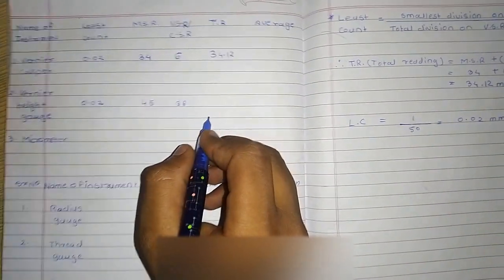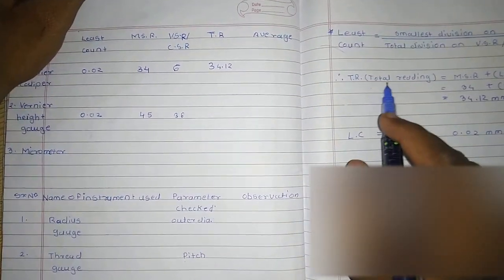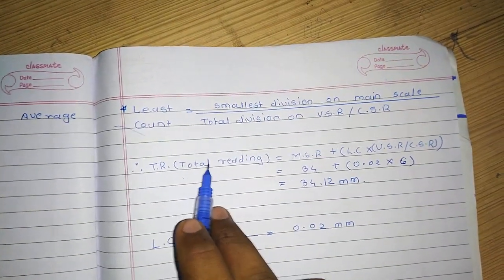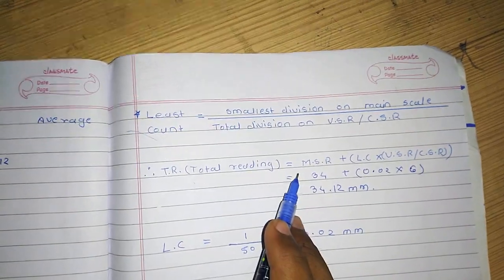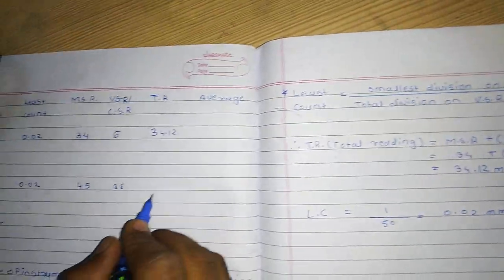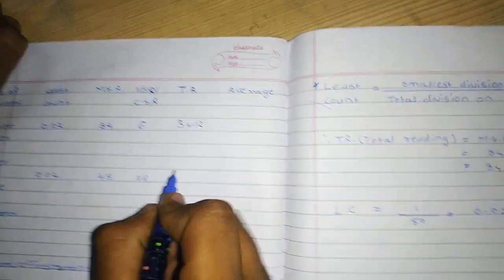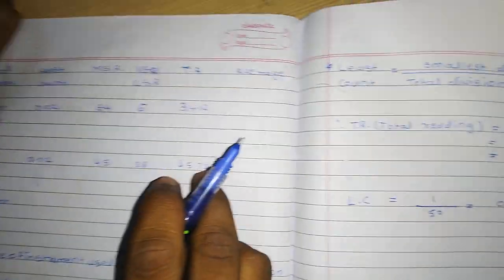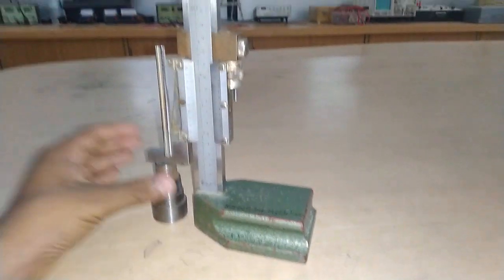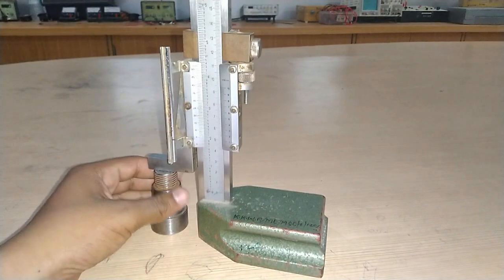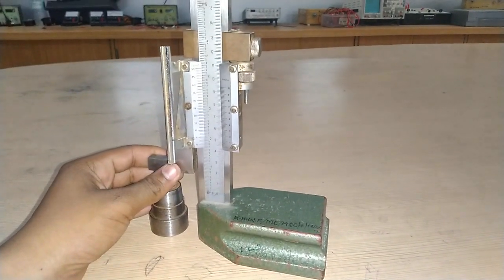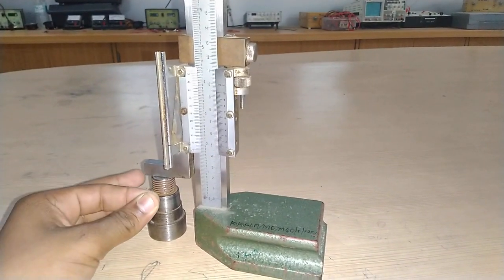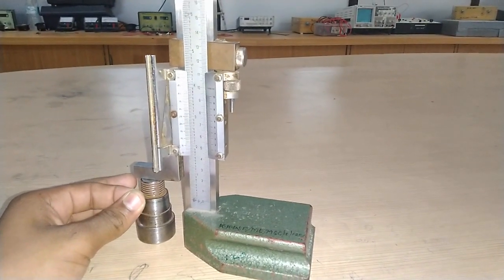So now after calculation, using the total reading formula which we use in the case of the vernier caliper, and which is applied to the vernier height gauge too, we get the value 72. In this case, we also have to take the reading at 3 different positions as we do with the vernier caliper. After that we get 3 values of total readings, and then we find the average, which equals our final reading.